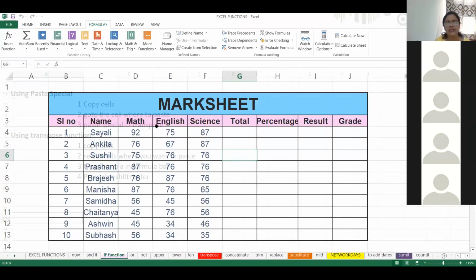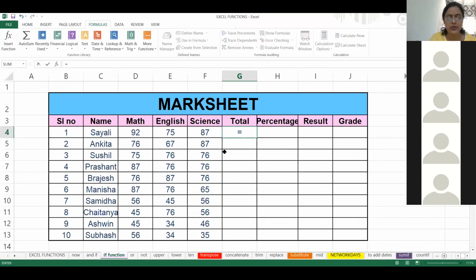Okay, can you all see this mark sheet? Dipali, Jitendra? Yes, ma'am. Okay, fine. So we have this mark sheet. We need to calculate the total. You must be aware of the sum function and all. So let us quickly do the sum functions. Those who are not comfortable with small functions, actually it is a part of basic Excel, but you can ask me after this part is over.